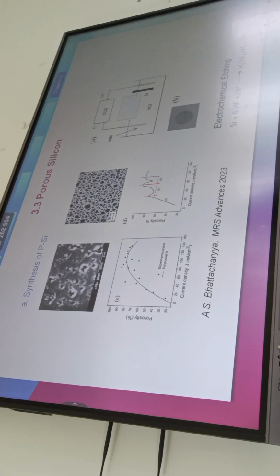Porosity is increasing. Somehow I have a feeling that if porosity increases, then the solid material is decreasing. If material is decreasing, how will current density increase? The amount of material will be less because it is more porous. So is it because it is happening at the surface, the current is flowing basically at the surface?